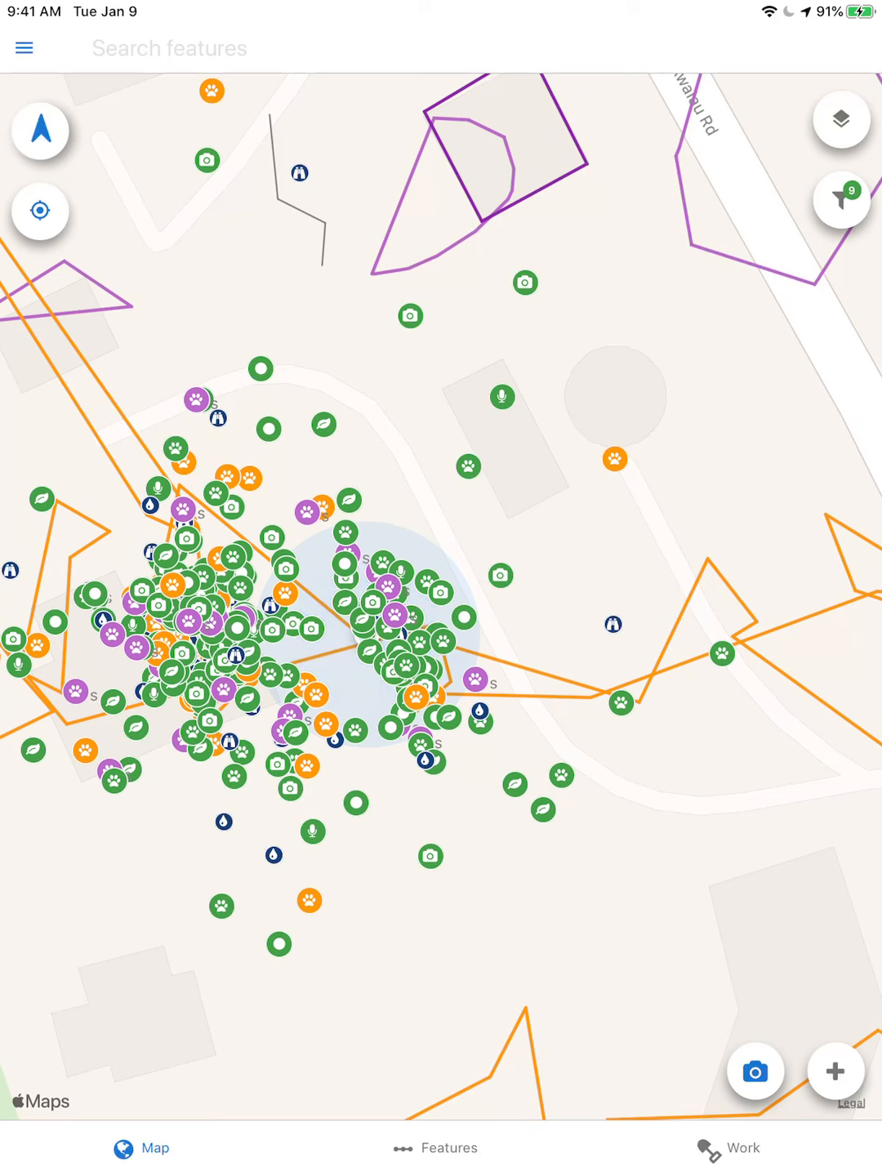Hello, this is Sam from the NRDS ʻĀina app, and we're going to go over collecting weed control data on the